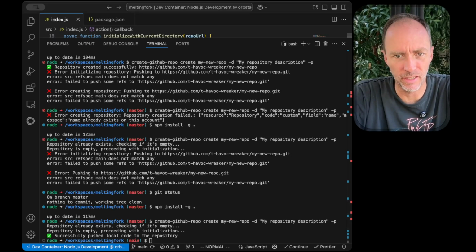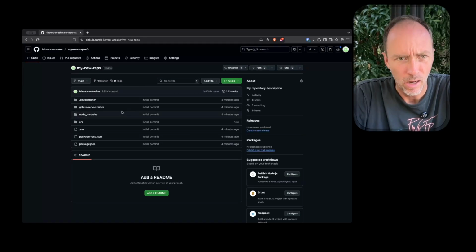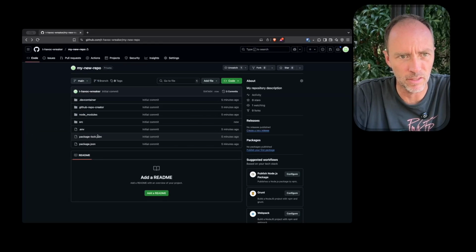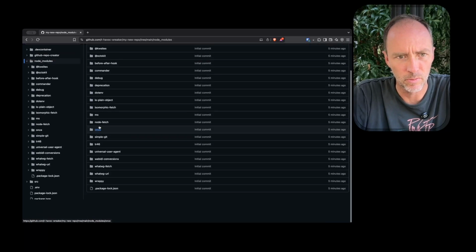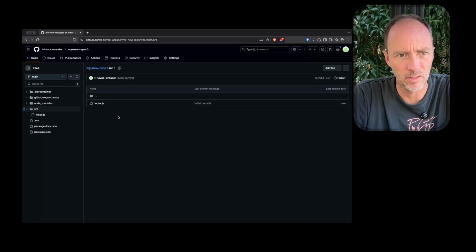Let's go see. My new repo. There it is. And it's got JavaScript code in it. Oh, it's got my dev container. Okay, that was a mistake. That wasn't supposed to, well, it put it in there. It added all the node modules, which I don't think you want to do. Okay, source, which has my index.js,